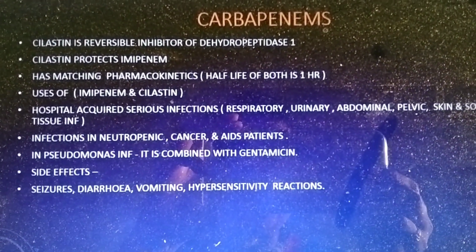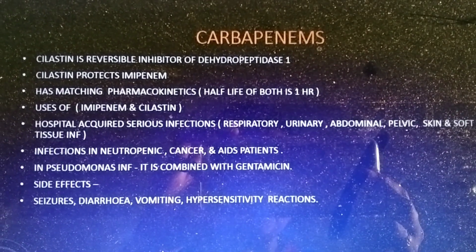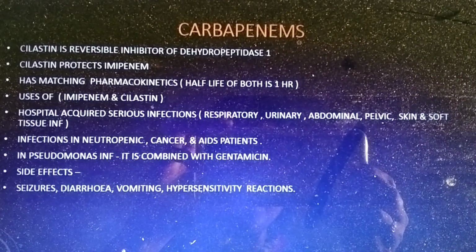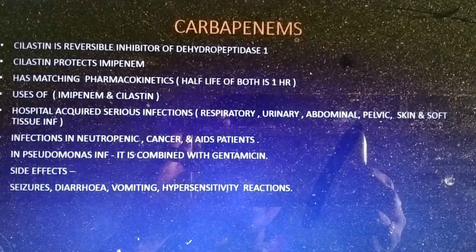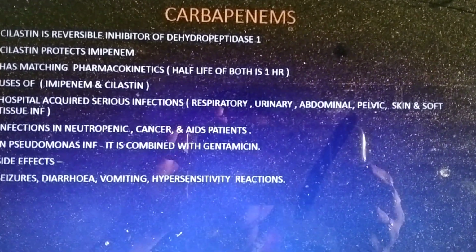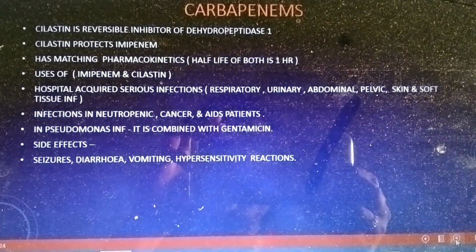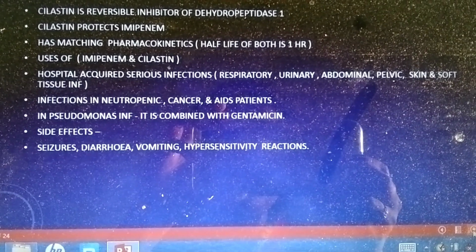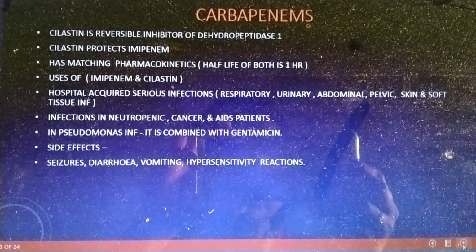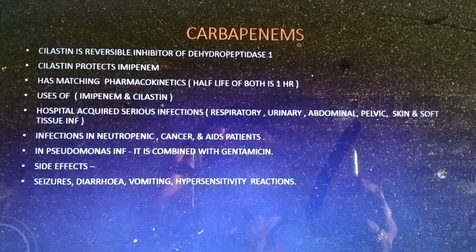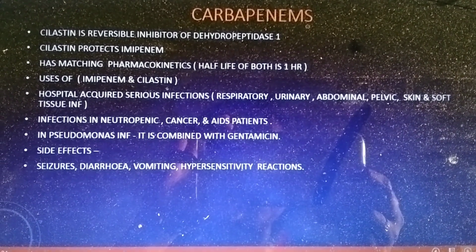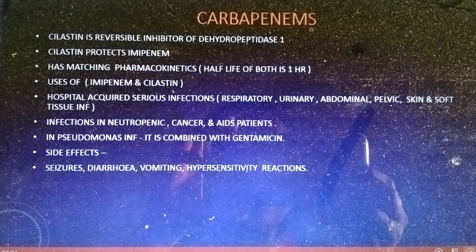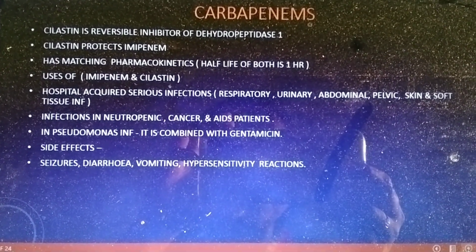Now what are the uses of imipenem and cilastatin? They are used for the treatment of hospital-acquired serious infections like respiratory tract infection, urinary tract infection, abdominal infections, pelvic infections, skin and soft tissue infections. Then they are used for the treatment of infections in neutropenic patients, in cancer patients, in HIV patients. In Pseudomonas infection also they can be given. It is combined with gentamicin